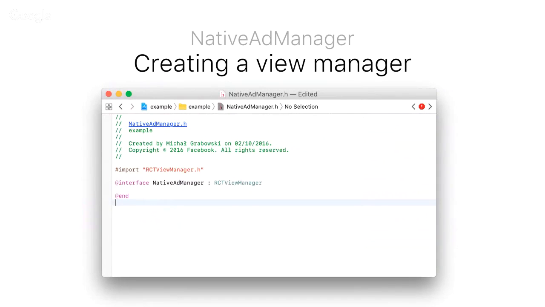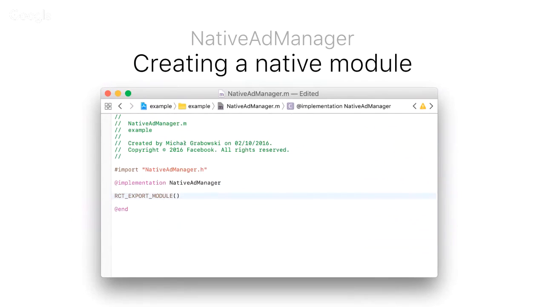In the manager, this time, instead of declaring that we conform to the RCTBridgeModule protocol, we will extend the RCTViewManager, in case of a bridge module that manages a native view. However, the implementation is still the same. We have to export it. However, instead of exporting a method like showAd, this time we will declare a special method which is called